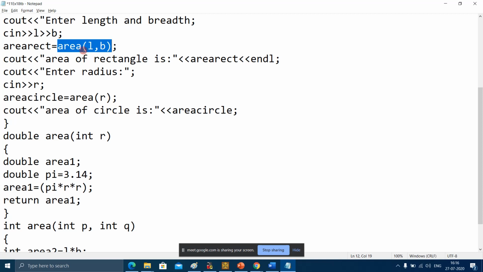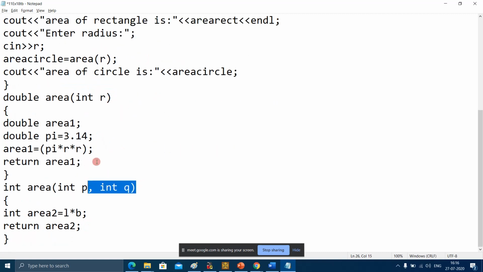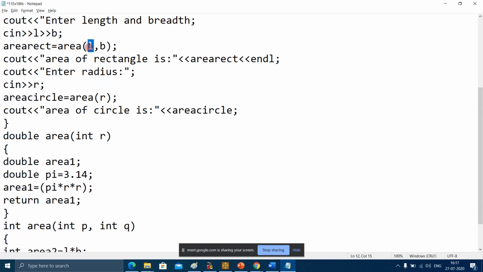If I want to pass the value of L to this function, I have to specify L here so that it can be passed to this variable. This is known as pass by value. You remember we had studied pass by value. This is an example of pass by value. This is how we pass the value of a variable to a function. This is the procedure you have to follow in C++.